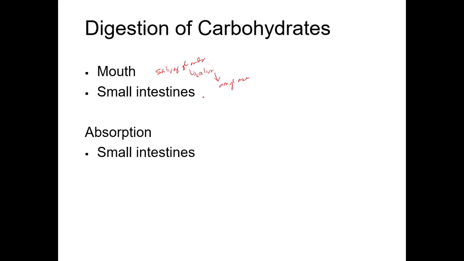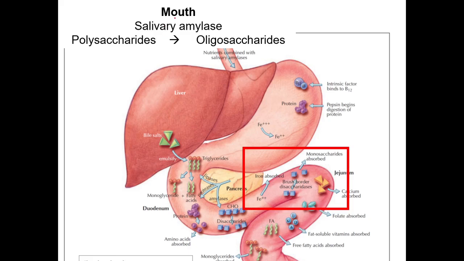And also, it happens in the small intestine. So saan naman nangyayari yung absorption? The absorption mainly occurs in the small intestine. So for your mouth, you have your salivary amylase. Your polysaccharides are being degraded into oligosaccharides. Yung polysaccharide nga, ito yung tens to hundreds of our monosaccharides. And then you have your oligosaccharides. We chop them into